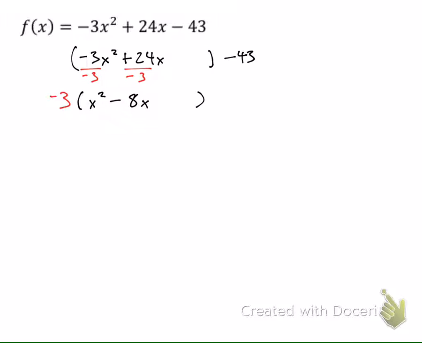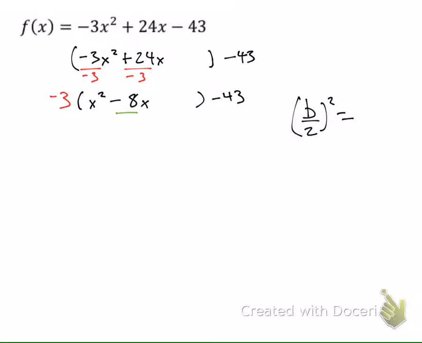Leave a little blank again, and here's my negative 43. Now to find out what number goes here, we do that little formula. I'm going to do it to the side where we do half of b and square it. And in this case, our b is going to be